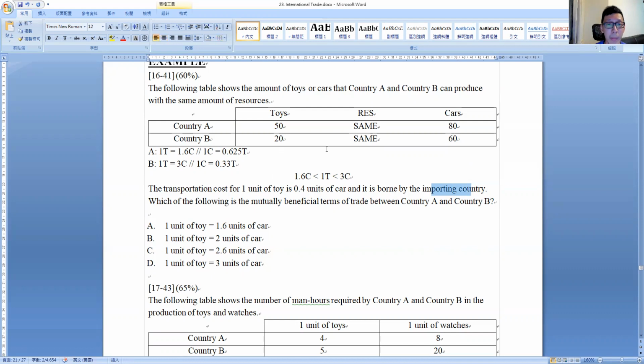Remember, which one is the importing country? The one with a higher cost will import. 貴嗰個人先會 import 人哋嘅嘢啊嘛，因為自己做好貴啊。